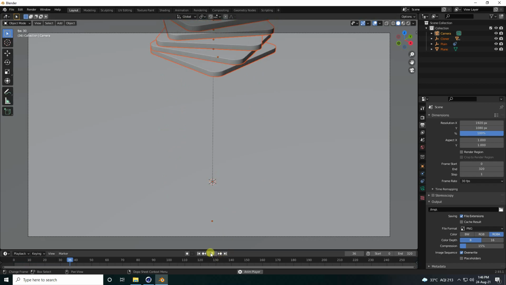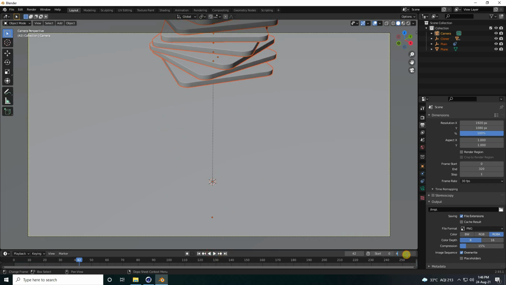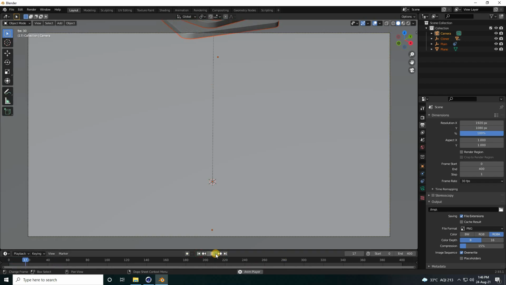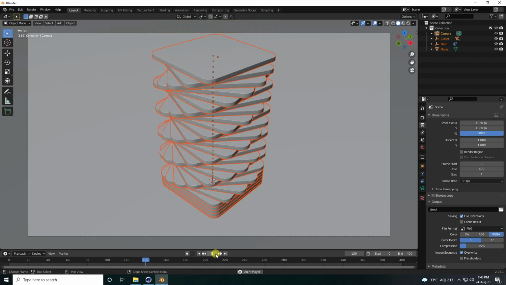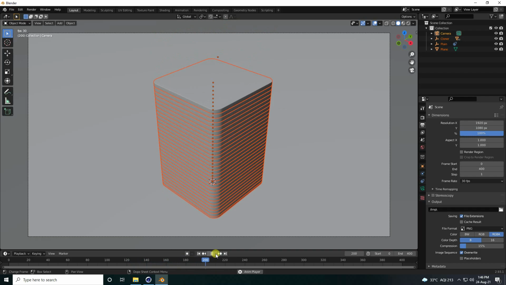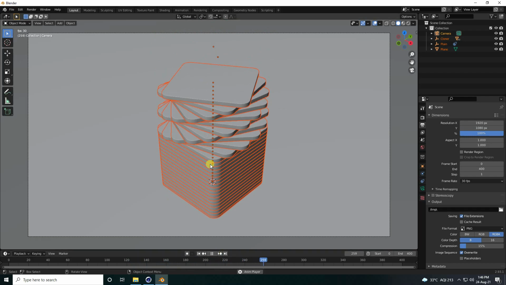right? Okay, so guys, I increase the frame end to 400, and frame size full. So go to back and again play. Okay, so guys, my final animation is really good. Now